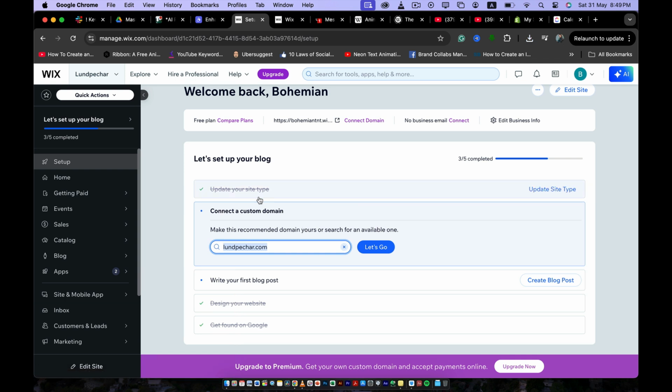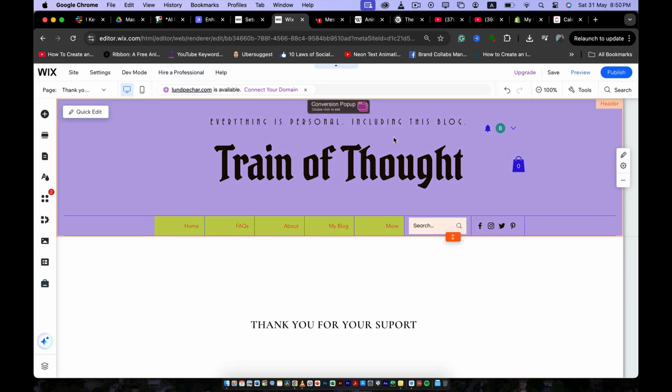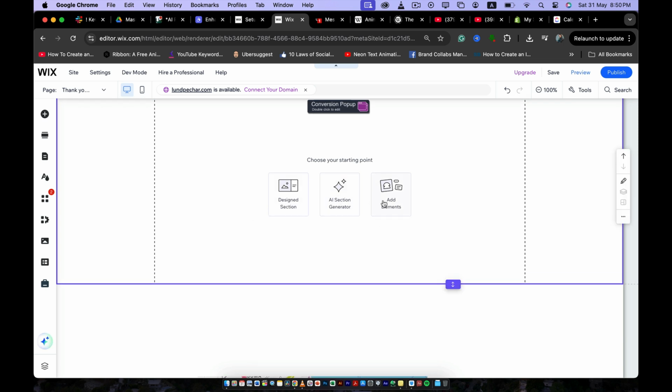So moving on, in order to have a job description or job application, you need to click on edit site and open the website that you're working on. Now, for example, if I'm working here and I want to add a job application here, I can click on add elements